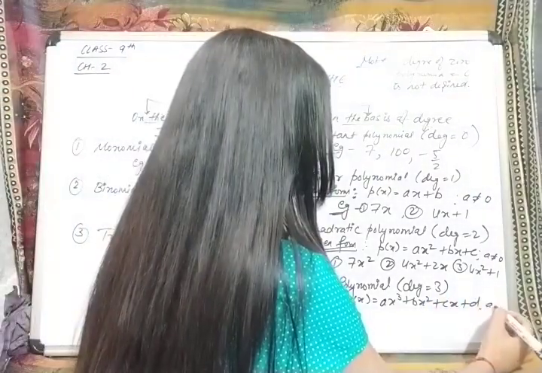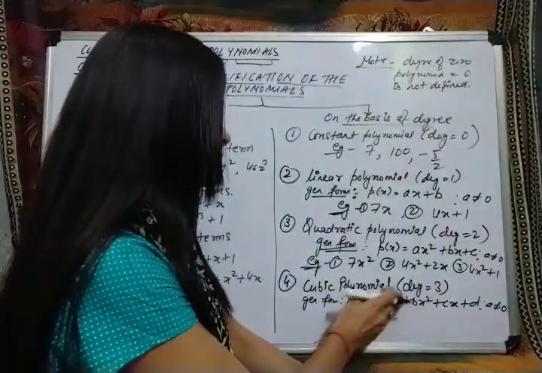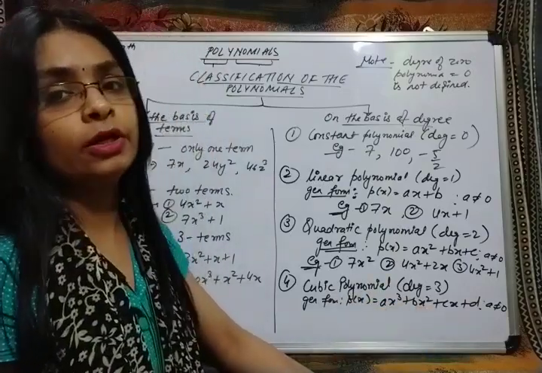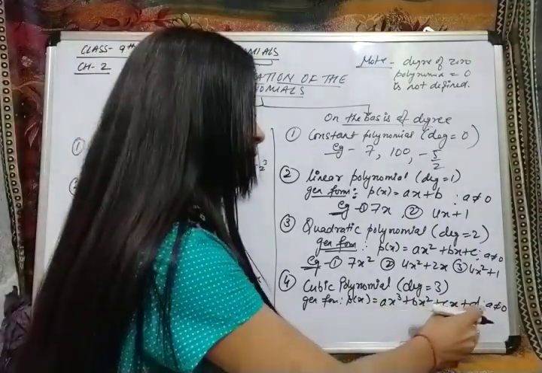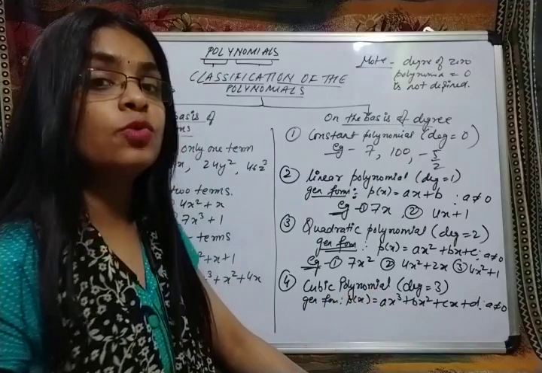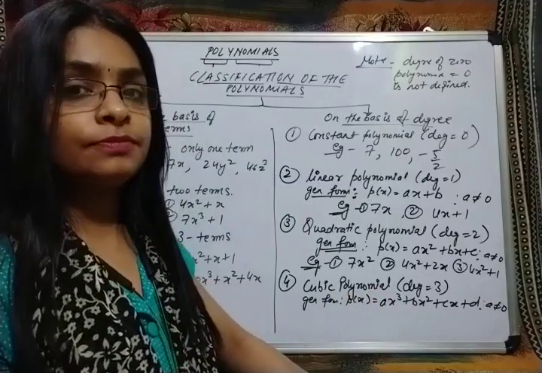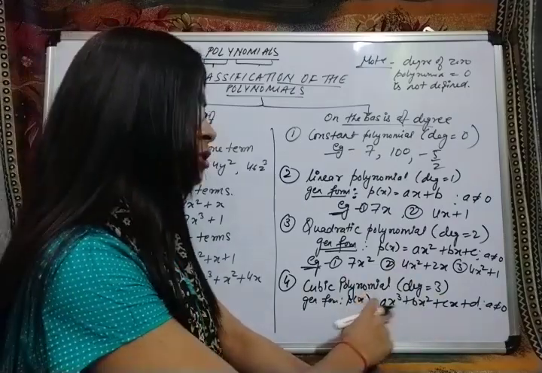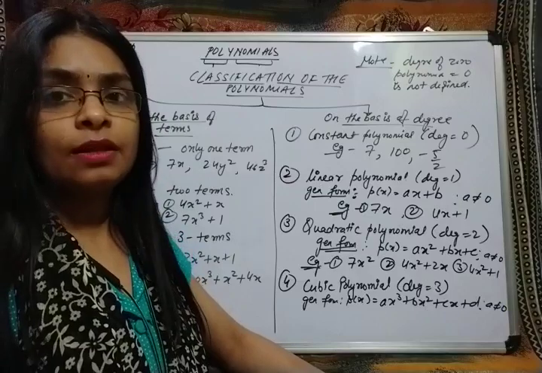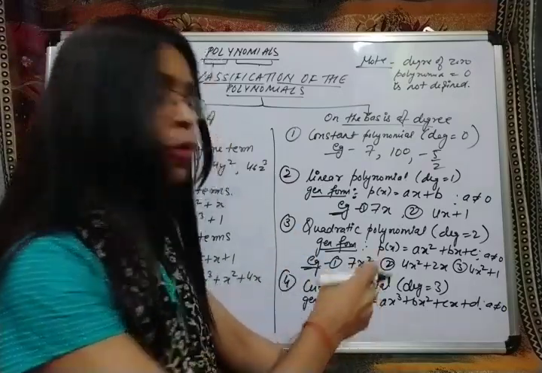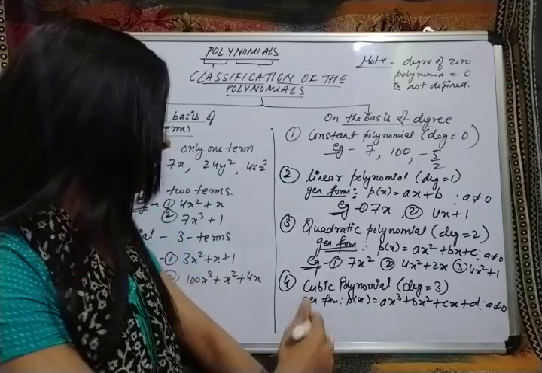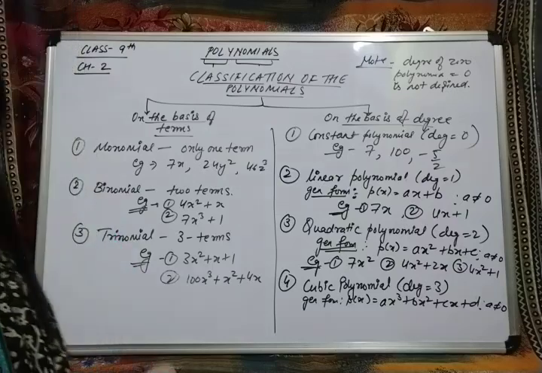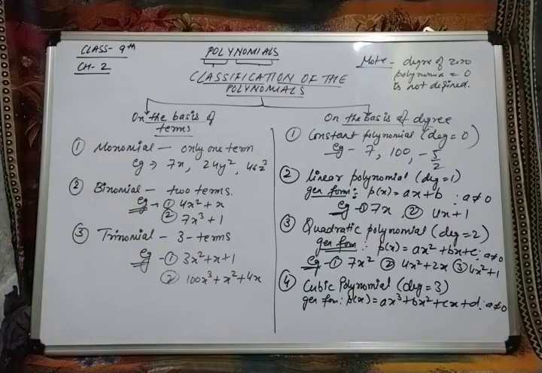And here also a is not equal to 0. If a will be 0, then this cubic term will vanish and then the degree will become 2 and it will never be a cubic polynomial. Okay, so how many terms? Degree 3 is how many terms? N plus 1. 4 terms are there. At most 4 terms. But it can have less also: 1 term, 2 terms, 3 terms. A can't be 0, but B, C, D can be 0. Okay. So now for the cubic polynomial, you will frame the examples. And there is a last one also, but there is no space for writing it. So before that, just pause the video and note this down. Just do it.